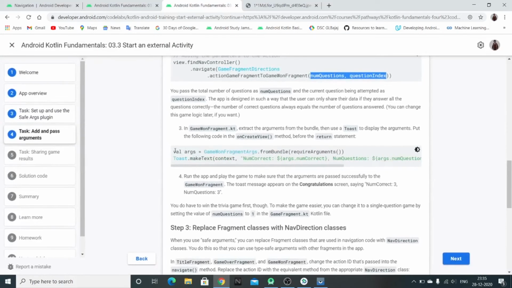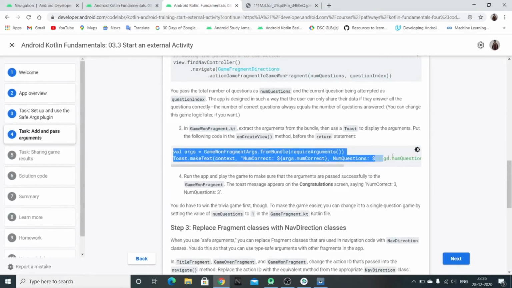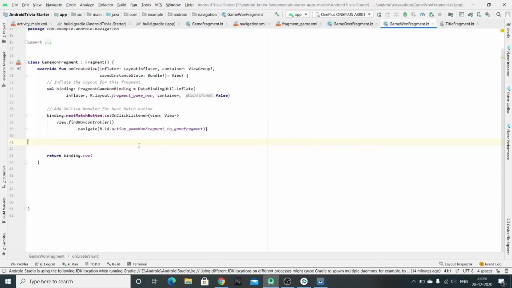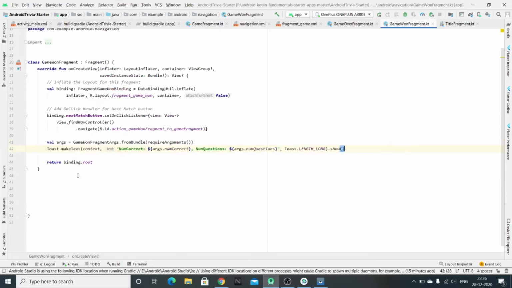So let's add this code. And this code we have to type in the game one fragment over here, in this onCreateView, just above the return statement.